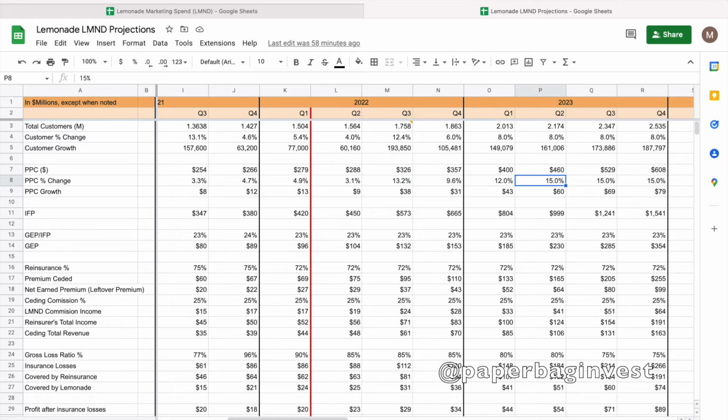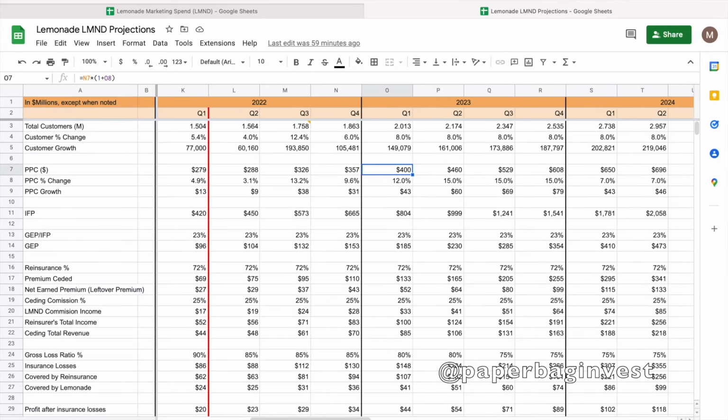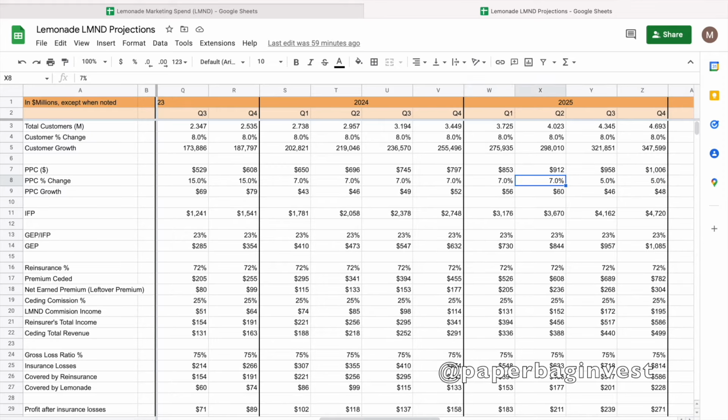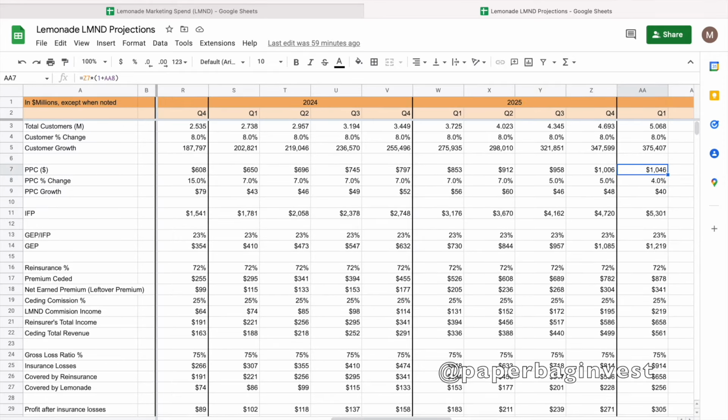So I'm projecting 9%, 12% quarter over quarter, then 15, 15, 15. So some big jumps there where you get up to maybe the $600 range. And then if you keep going forward into 2024, 2025, I have 7% quarter over quarter, then 5%, until you get to that $1,000 range. If you look at Metro Mile, I think they're at about $1,200 premium per customer right now, and they're only car. So obviously it really depends on how they grow. Do they continue to push into renters?